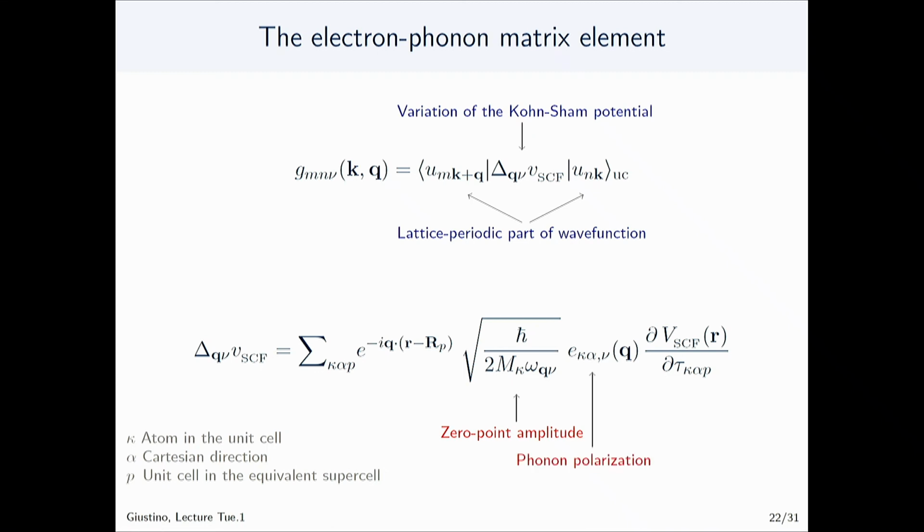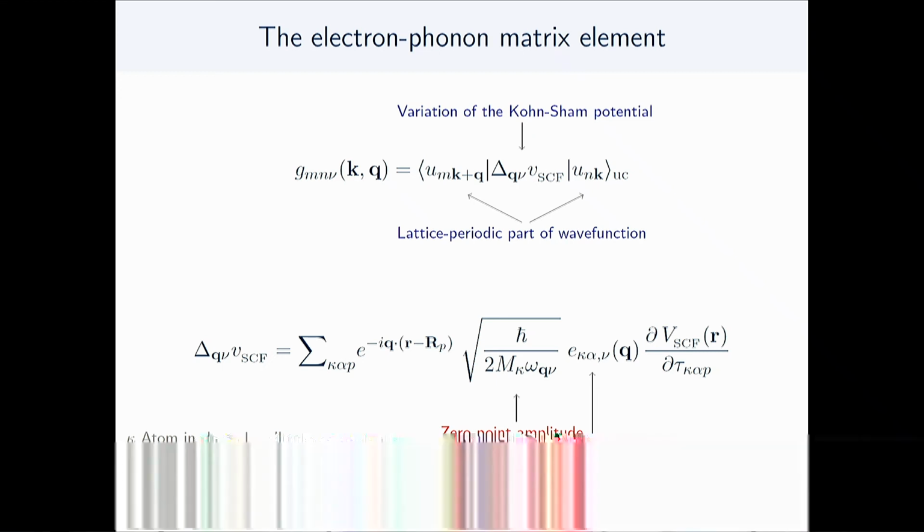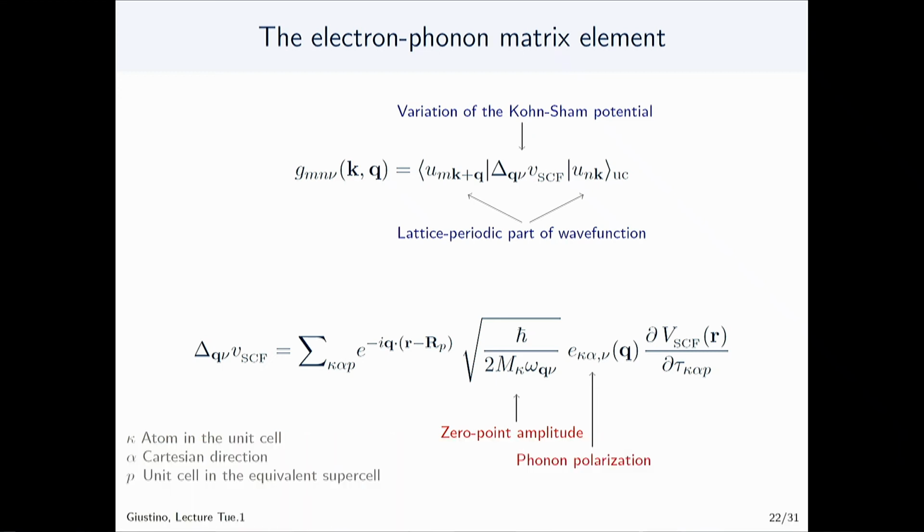We need to tell the atoms in which direction to move. So basically, we take into account the phonon polarization. So this is simply the eigenvector of the dynamical matrix. So yesterday you saw some dynamical matrices, you diagonalize them, you get eigenvectors. So those eigenvectors are these quantities entering here. And then there is the change of the self-consistent potential with respect to the displacement of each atom in the cell, okay? So this is the way to compute this object,